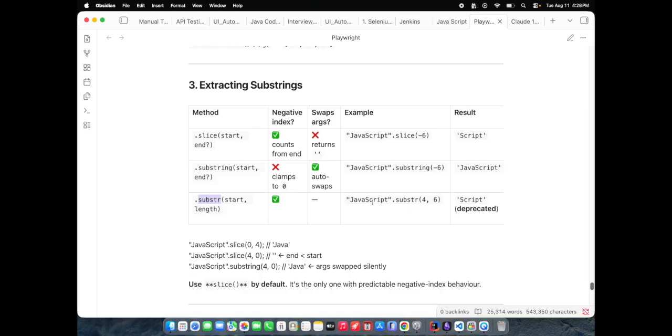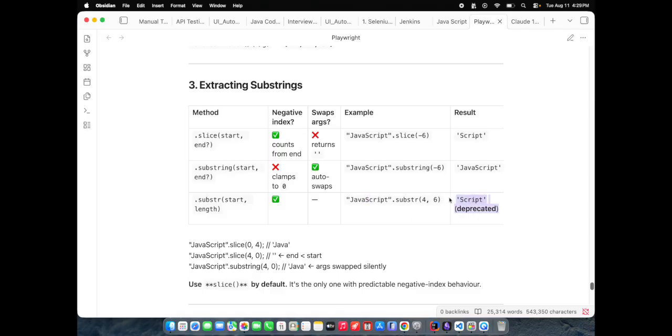Where substr will basically work on whatever string we have. Here our string is JavaScript, and substring is this one, from 4 to 6: 0, 1, 2, 3, 4, so 4 is this one, and till 6 we will be using, 5, 6, till 6 we are using.